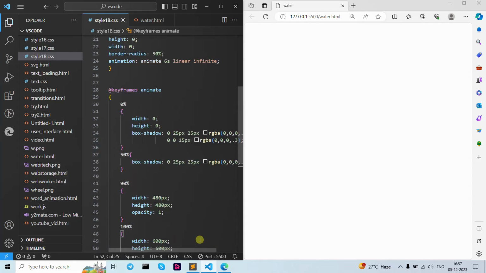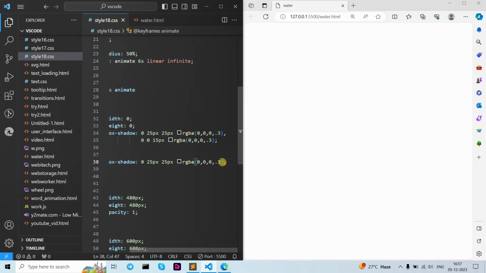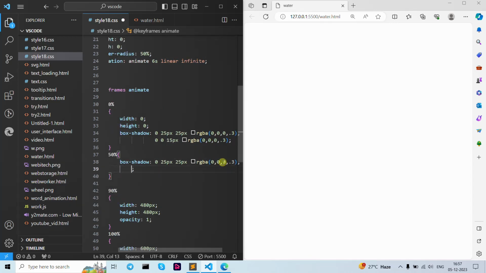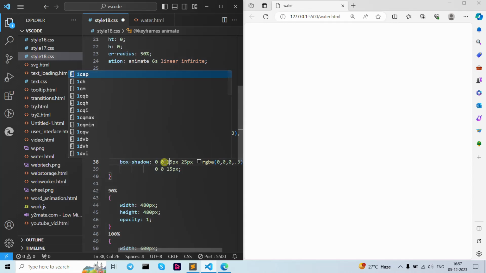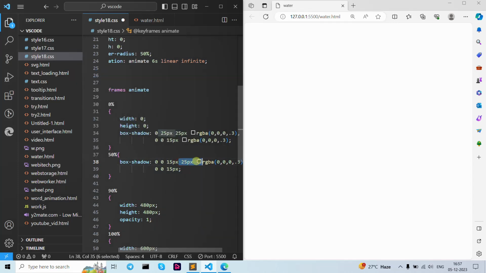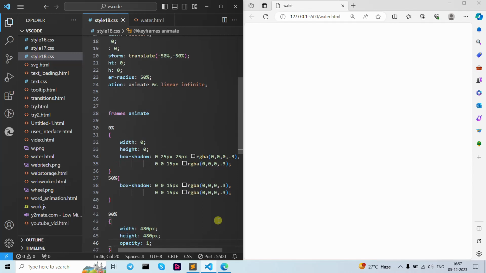Now save. Let's also add here our 0015 pixel. Let's give them the same as this one. So we need to clear this one. Now let's add our RGBA as a 0.3. So as you can see that I write down continuous but it didn't show it here because we need to give